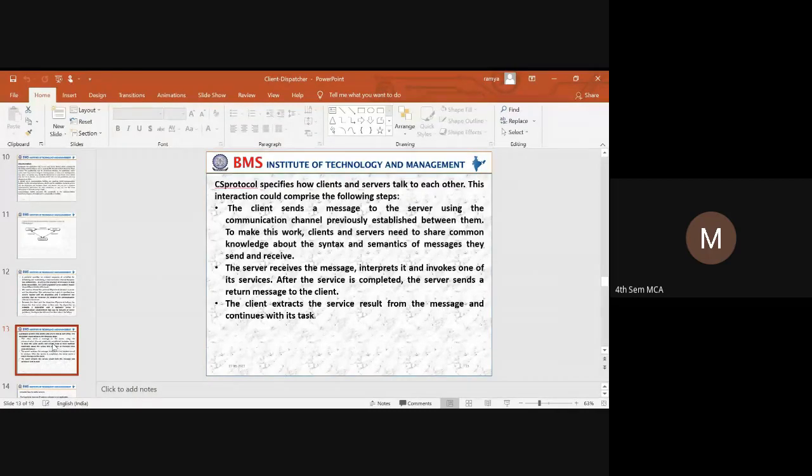And the third point is the client has to extract the service result from the message and continue with its task. Once the result is obtained from the server, whatever further tasks have been defined can be continued on the client side.